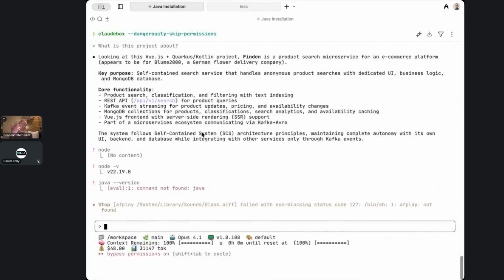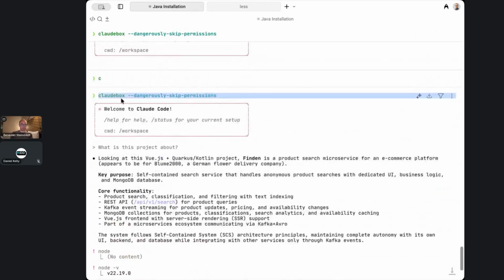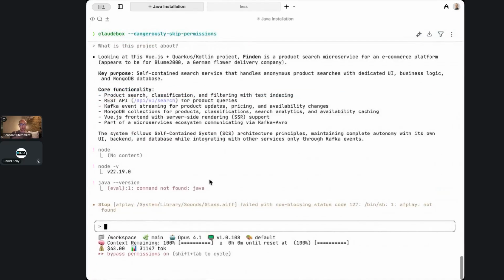Yeah, so now I have these types of issues. Running it safely in YOLO mode means running it safely in this virtual computer box. And now I need to set up this virtual computer box to include all the tools that I need. And for that, let me quickly grab that out of my notes. There is a way to do that. You can actually